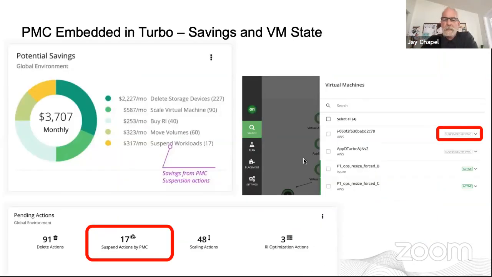Okay. As we get farther along, as we mentioned in here, when we work on this notional integration, then we're looking at PMC embedded in Turbo. So we're actually going to bubble up information, and then you'll be able to count the suspend actions you take in Turbo platform, and you'll also be able to count the dollars that you save in here. So the important thing